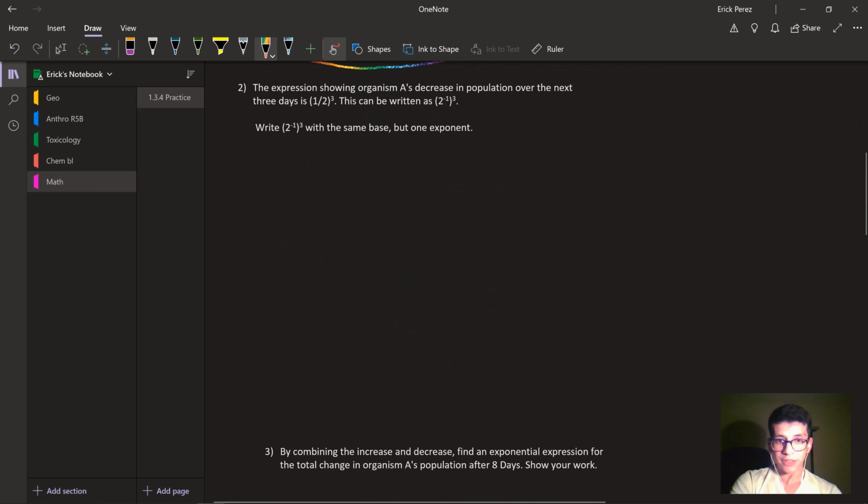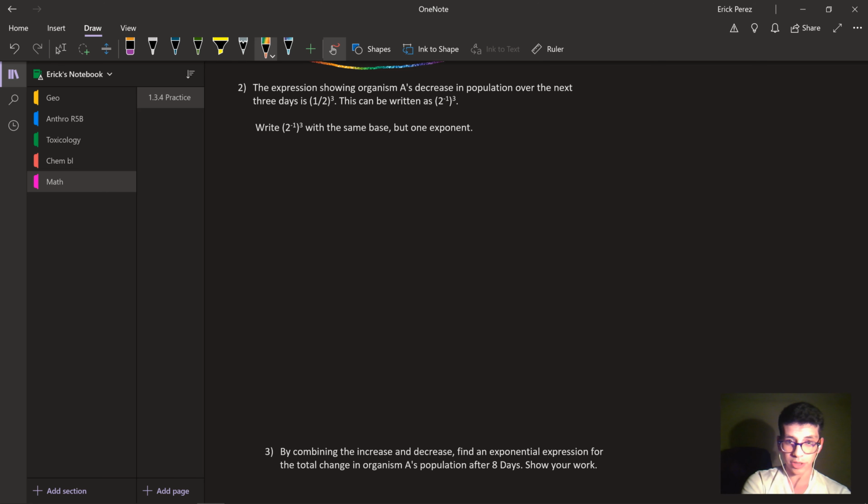The expression showing organism A's decrease in population over the next 3 days is 1/2 to the 3rd. This can also be written as 2 to the minus 1 to the 3rd. Write 2 to the minus 1 to the 3rd with the same base, but no exponent. Okay, so what we need to know here,